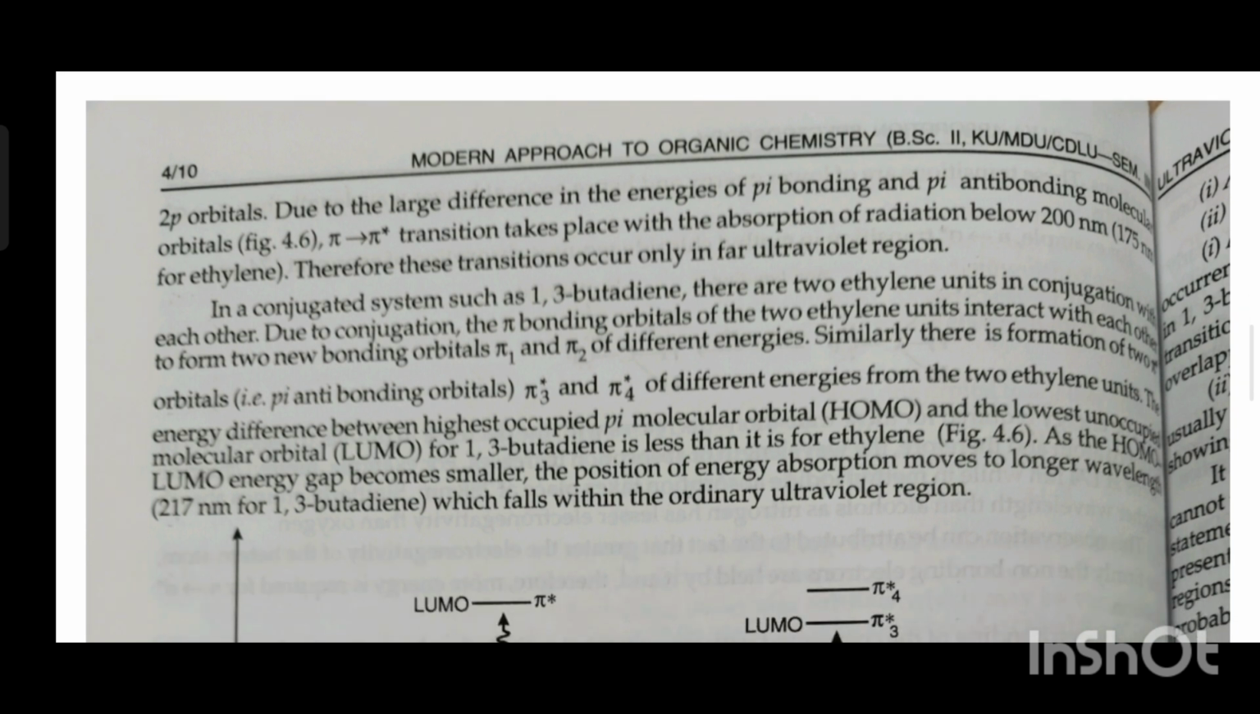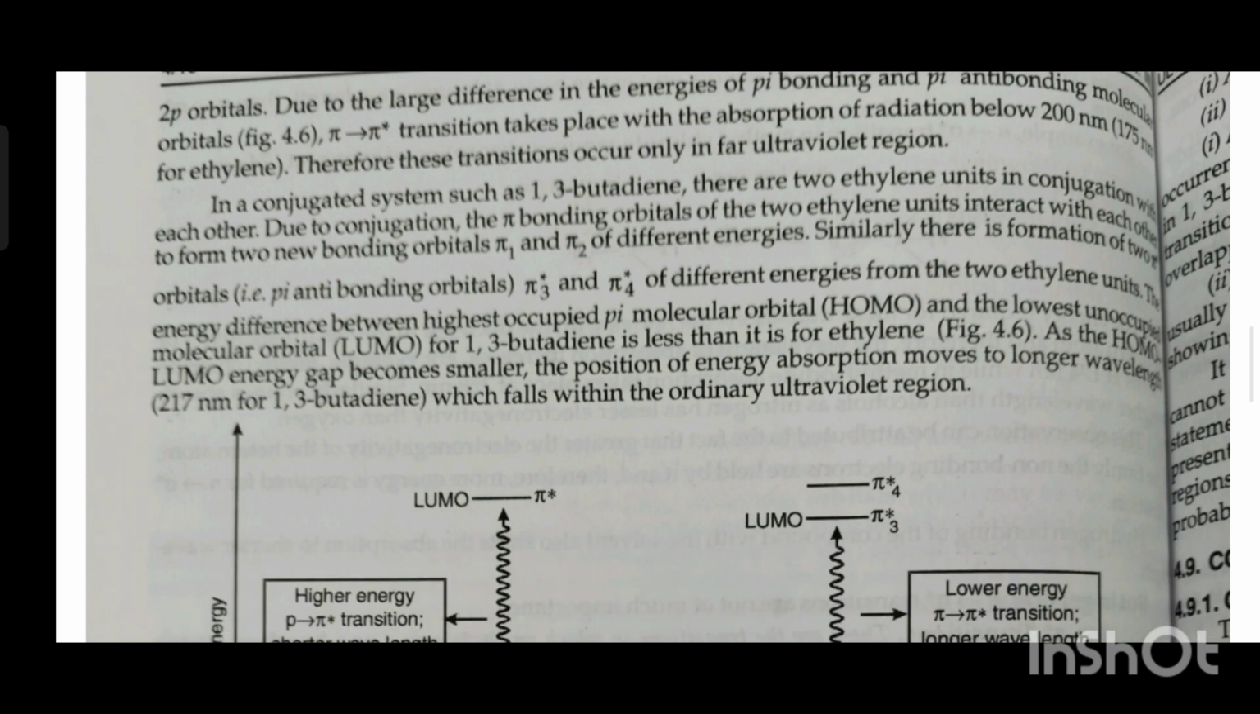In a conjugated system such as 1,3-butadiene, there are two ethylene units in conjugation with each other. Due to the conjugation, the pi bonding orbitals of the two ethylene units interact with each other to form two new bonding orbitals, pi 1 and pi 2, of different energies. Similarly, there is formation of two orbitals, pi 3 star and pi 4 star, of different energy for the two ethylene units. The energy difference between the highest occupied pi orbital and the lowest unoccupied molecular orbital for 1,3-butadiene